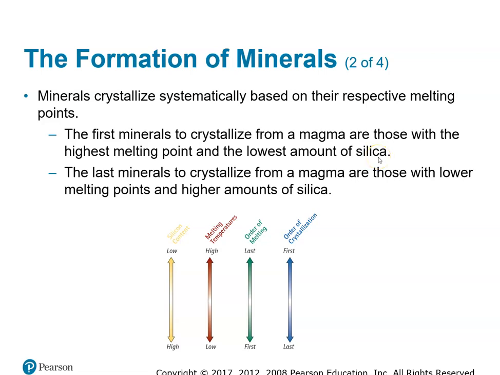All right, so low silicon and oxygen. There's still some in there, but not as much. And the other thing that's important about this, let me finish this. So the last minerals to crystallize form from magma that have a lower melting point. And so because there's a lower melting point, you're going to have a higher concentration of silica. Okay, so I think a quartz, for example, which has a really high amount of silica, will be one of the last things to